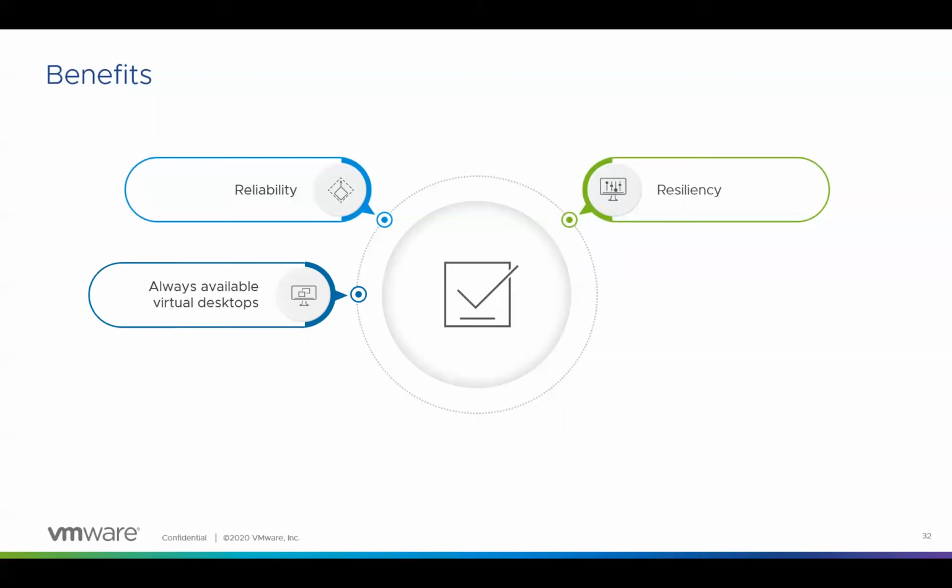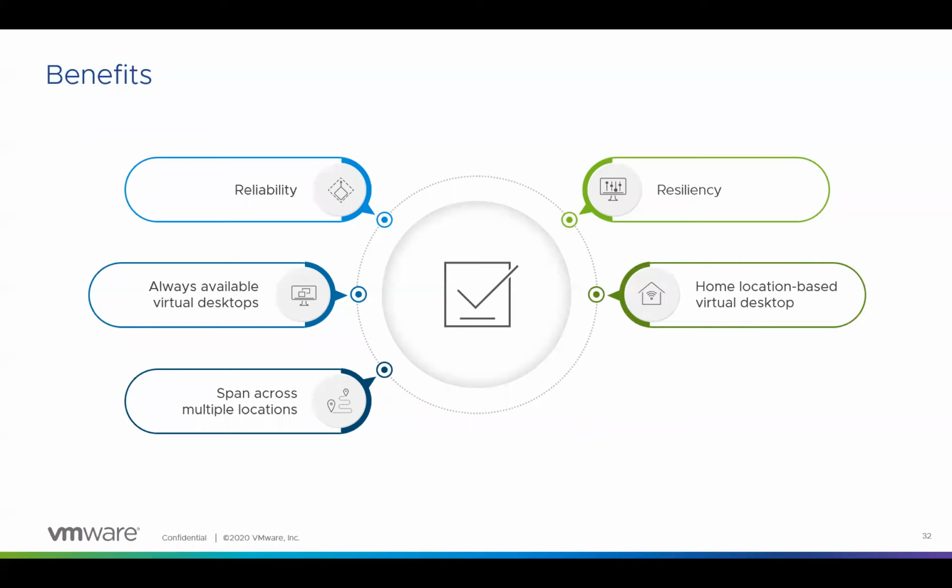It also provides an always available virtual desktop. If any on-prem virtual environment goes down, you will always have a desktop available in the cloud. It also spans multiple locations. Like you saw in one of our previous slides, we have deployments in multiple locations, which are very near to the users. So it also provides a faster virtual desktop and app experience for the users.